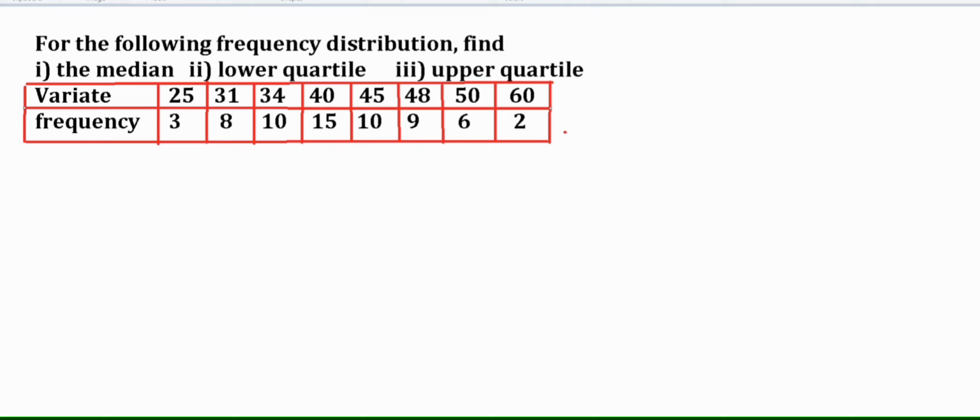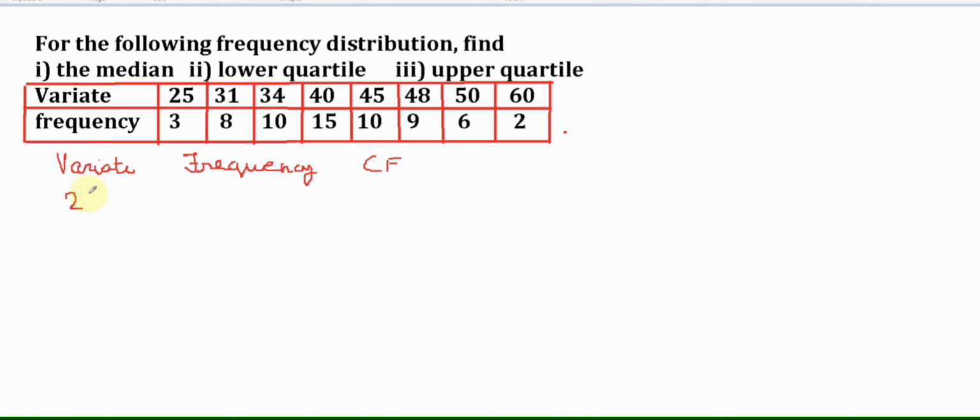Now I am taking this new question. For the following frequency distribution, find the median, lower quartile and upper quartile. Here the variate is given and frequency is given. So let us write variate first and frequency here. We need to find the cumulative frequency again, so I will make another column of cumulative frequency.